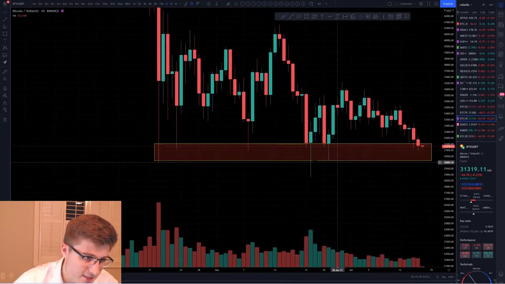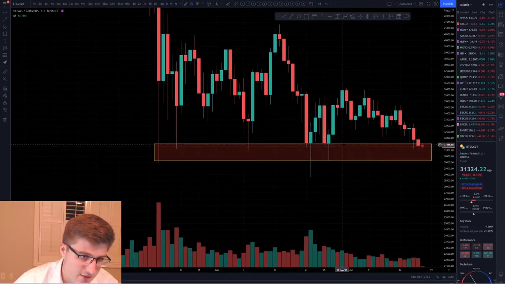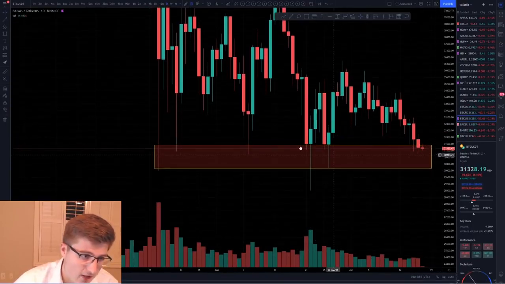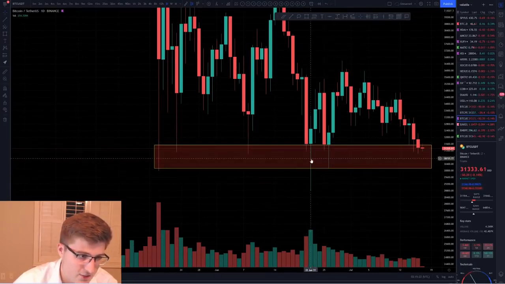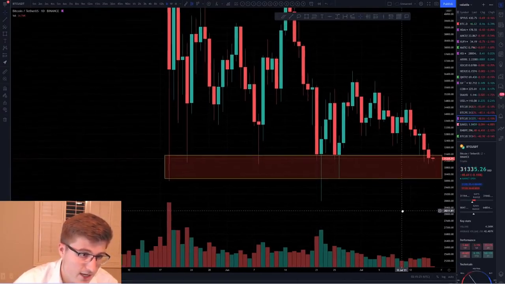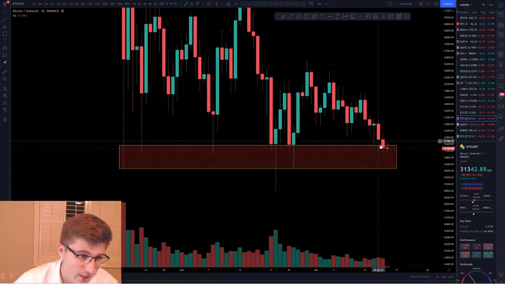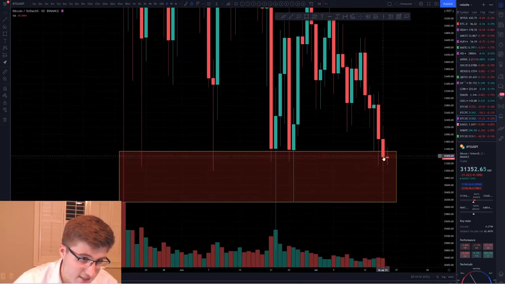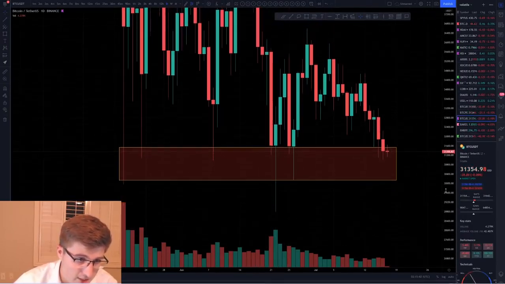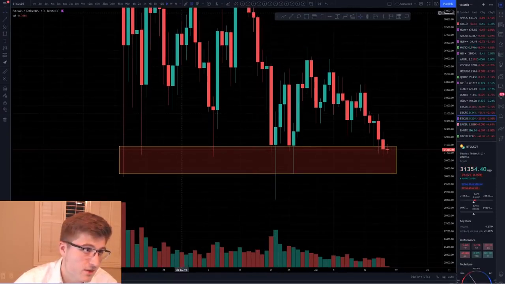But every time we get into this zone, which is this 31K zone, we have a lot of volatility. We see extreme volatility, as you guys can see by these candles, when we do dip down there. And what we're seeing right now is extremely low volatility, and we had this daily candle close at this 30.13K level. It's been lower than what we saw here. That could signify a push down, but when you look at the shorter time frames for confirmation,